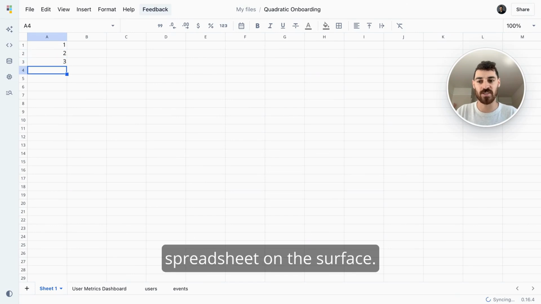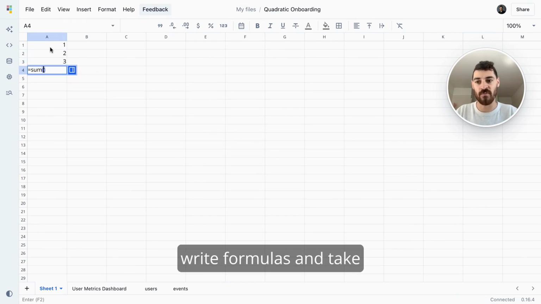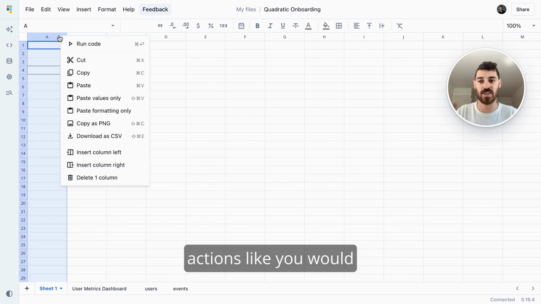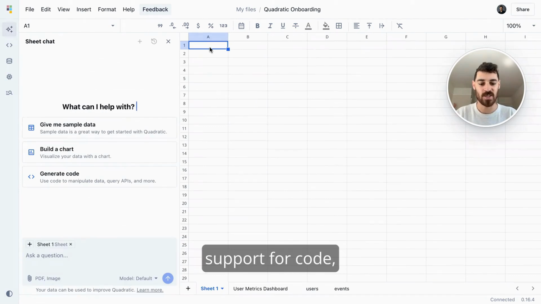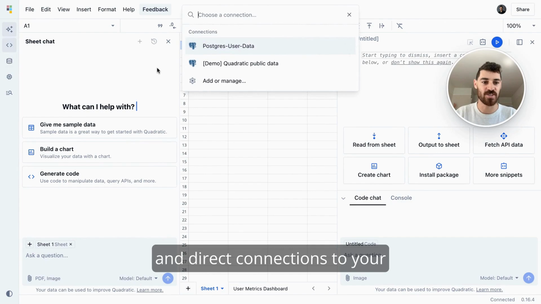Quadratic is a familiar spreadsheet on the surface. You can still edit the grid, write formulas, and take other manual spreadsheet actions like you would in Google Sheets or Excel. What makes us different is our native AI assistant, support for code, and direct connections to your databases